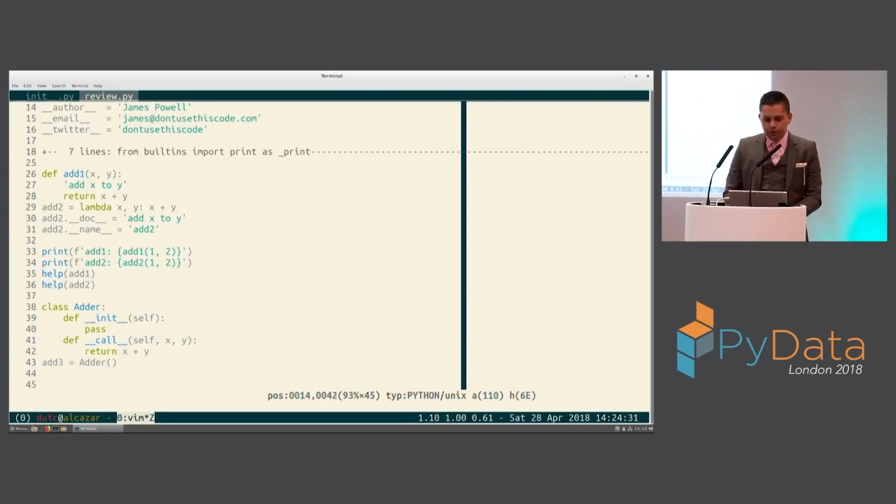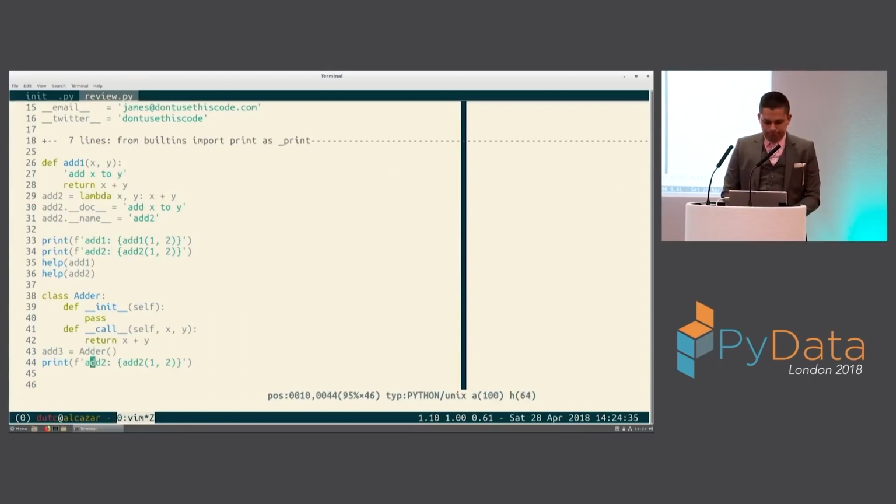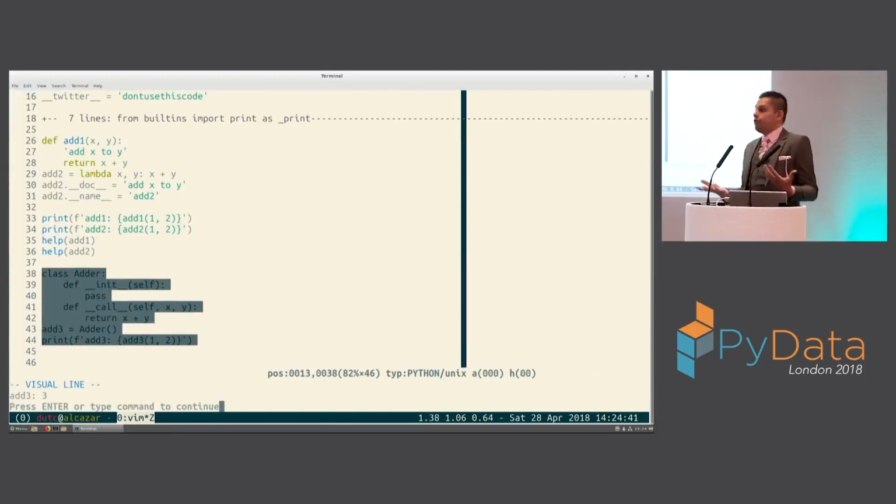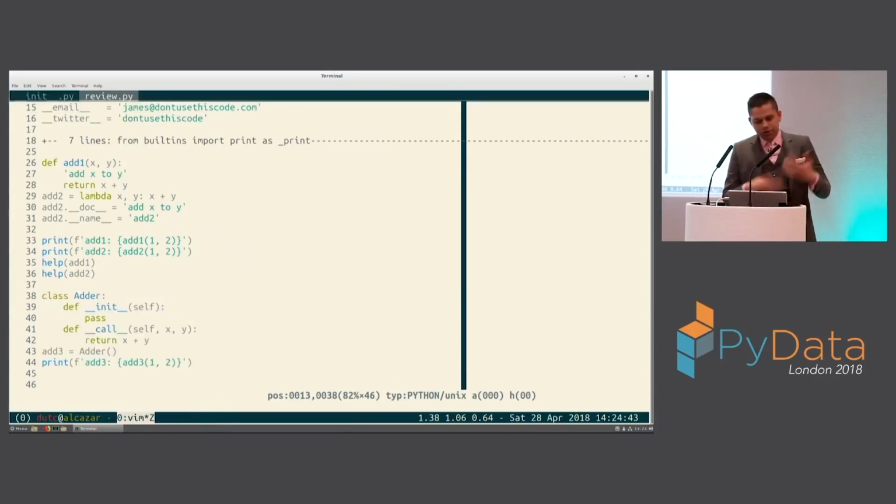How about this one? What's the difference between this structure and the previous structures? Do you see any difference? Still adds numbers, it's just a different formulation. And you might say, well, we still have the problem with the name and the help text, but trust me, we can patch that out. Now, one interesting thing here is you might say, well, there is a difference, because if I have this adder, I can take this code and I can move it somewhere. I can't move the other code. I can do things with it that I can't do with the other one, right?